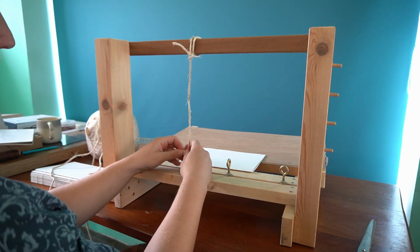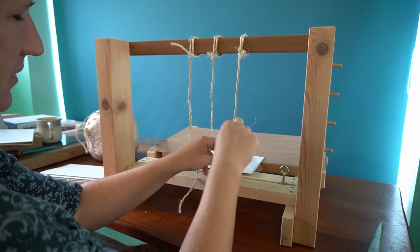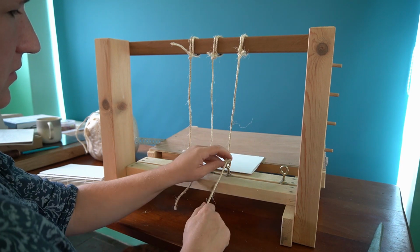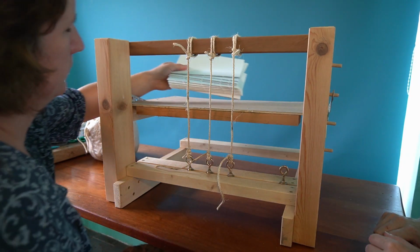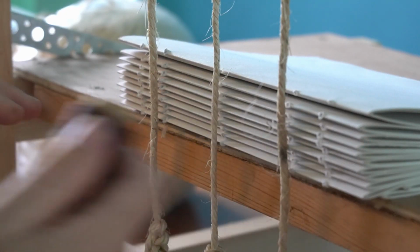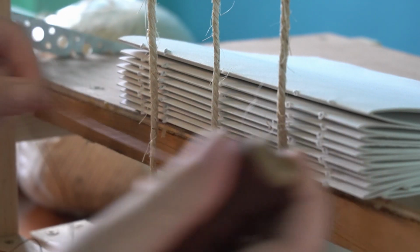This is jute string that I use for binding logs together in the woods, and line those up with the 3 middle holes that you've made in the pieces of paper. If you want to see how I made this jig, then there's a video from way back when, probably in the corner now. So to tie the pages together, we're going to use a waxed cotton, and to make sure